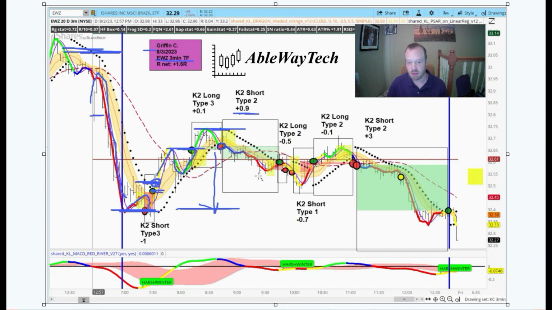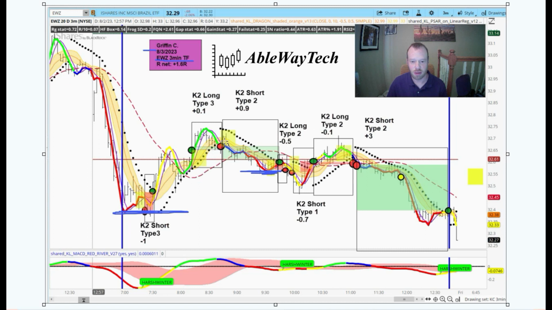Now this next one was a Kata 2 long. You'll notice with the Kata 2s you have to be a little more nimble because they go in both directions. You can see there was this low that had been created from that first sell-off of the day, and then there was this higher low here, right, since the last PSAR flip. So that was an entry right here, Kata 2 long, with another kind of type 2, playing for the move to here. That failed immediately, so we got a small loss on that one,